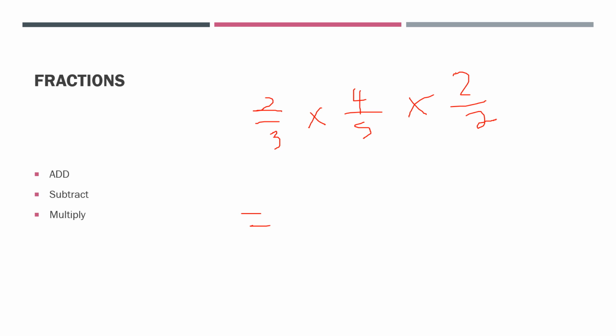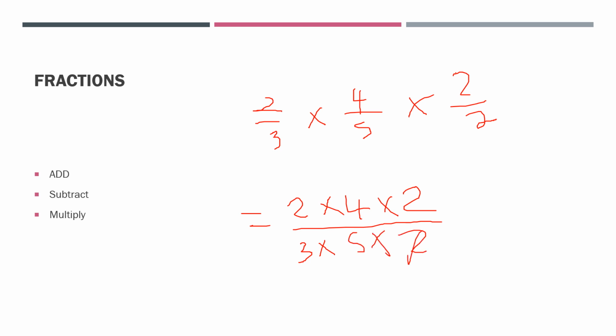So it's going to be 2 multiplied by 4 multiplied by 2. You just include the third term, and then the bottom is 3 multiplied by 5 multiplied by 2. And then now this 2 will cancel this 2. Basically, you know that you can cancel that, but I just wanted to show you here, and then you will have the same answer as you had, which is